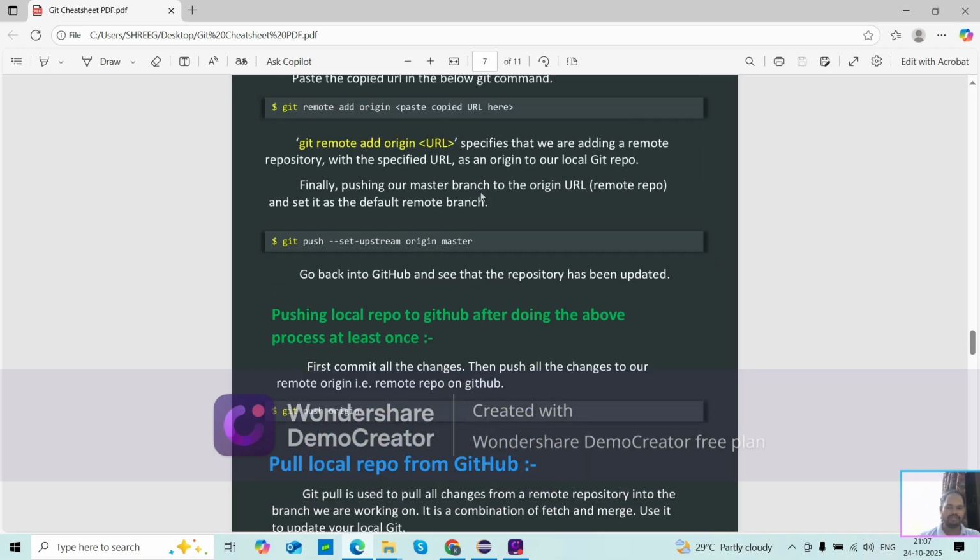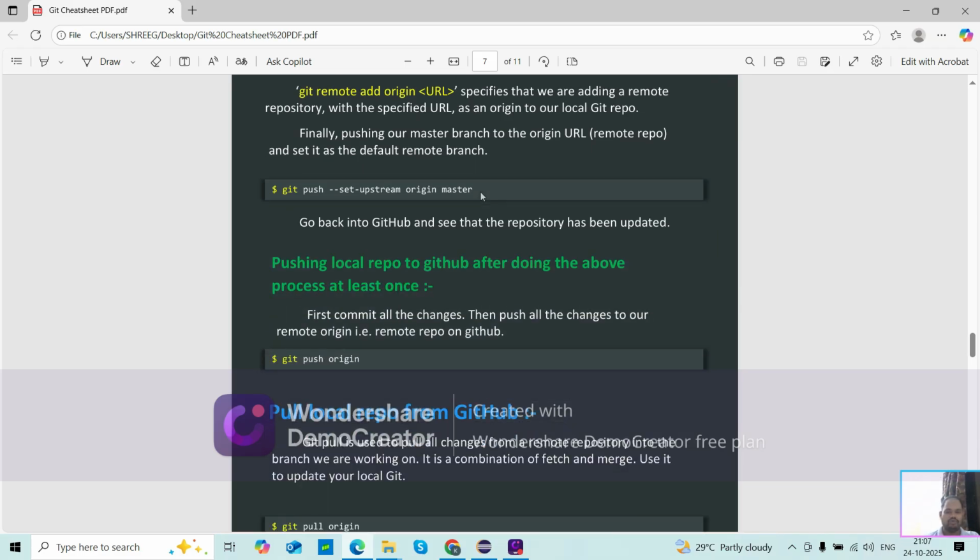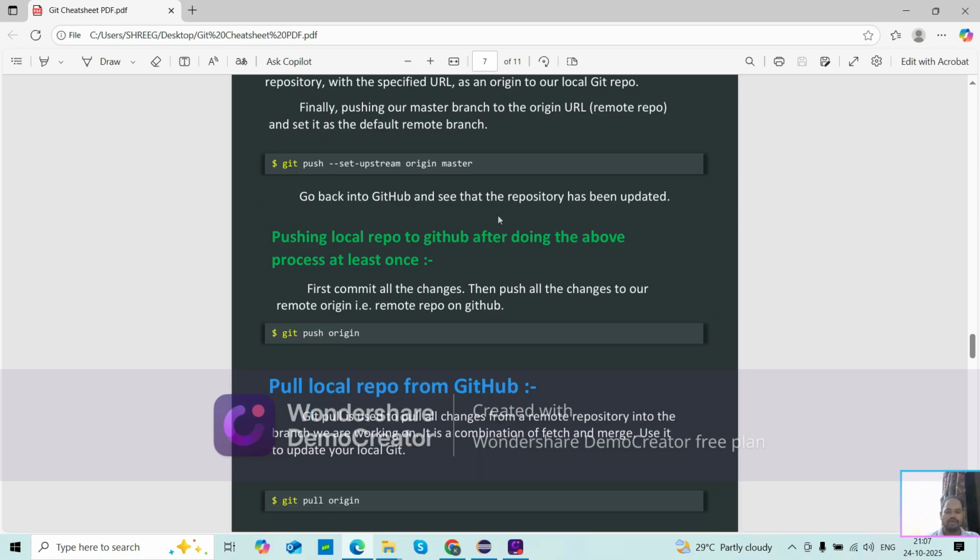When you set up, if you connect the remote repository to the local repository by using git remote add origin and your copied URL, and then push the master branch to the origin URL remote repository and set it as the default remote branch, then go back on GitHub and see whether the repository has been updated or not.